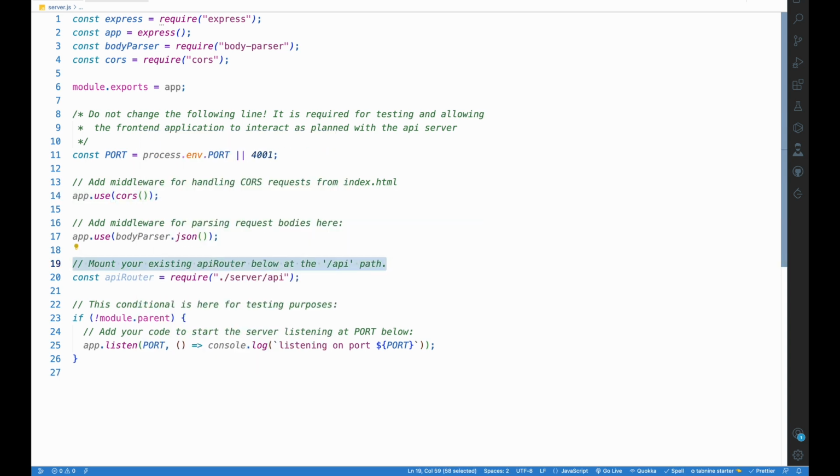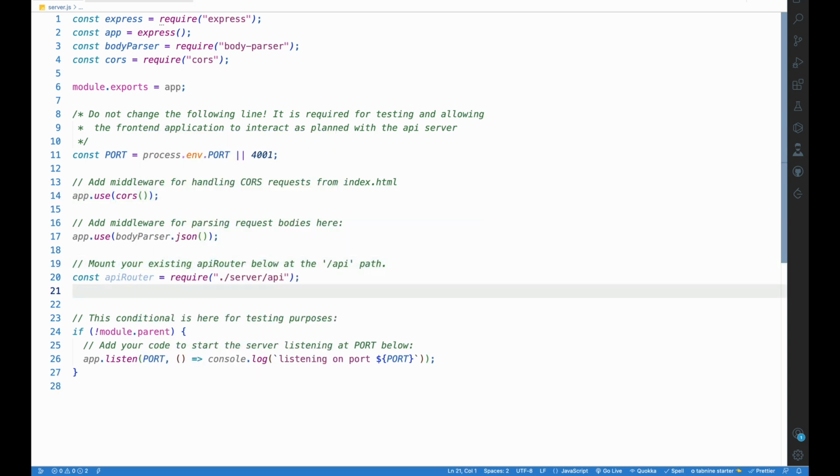Here we are mounting our API router. So to mount our API router, we are going to say app.use API router at this path. So the path was API,